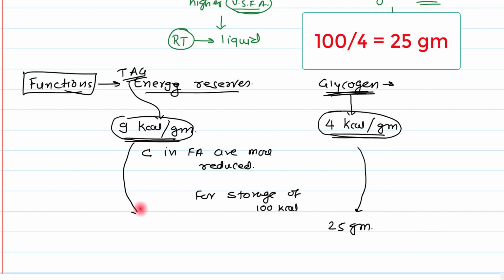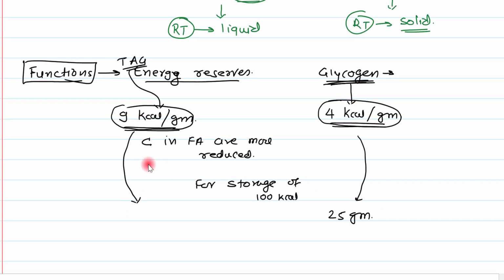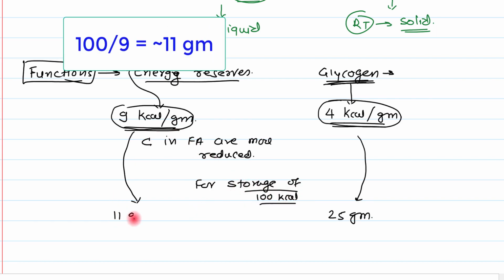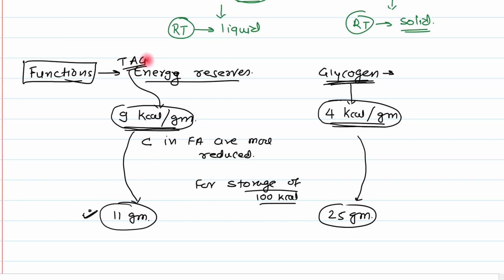Whereas in case of lipid, how much fat is required to store this 100 kilocalorie? Approximately 11 gram of fat is required. So the difference is very simple: a lesser amount of triacylglycerol can release the same amount of energy if you compare it with the carbohydrate source. The second most important aspect